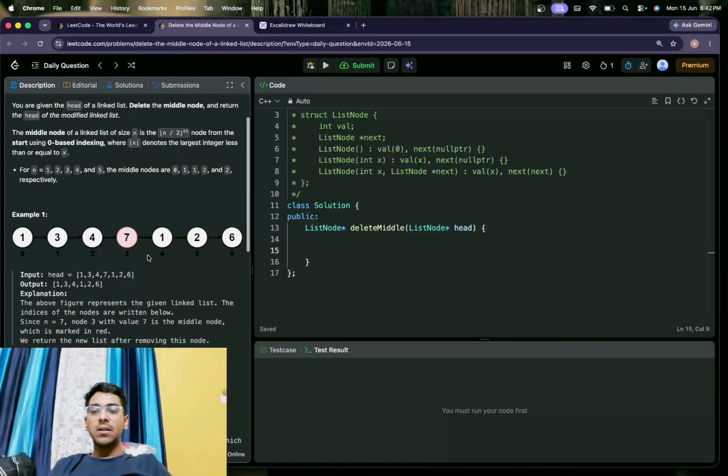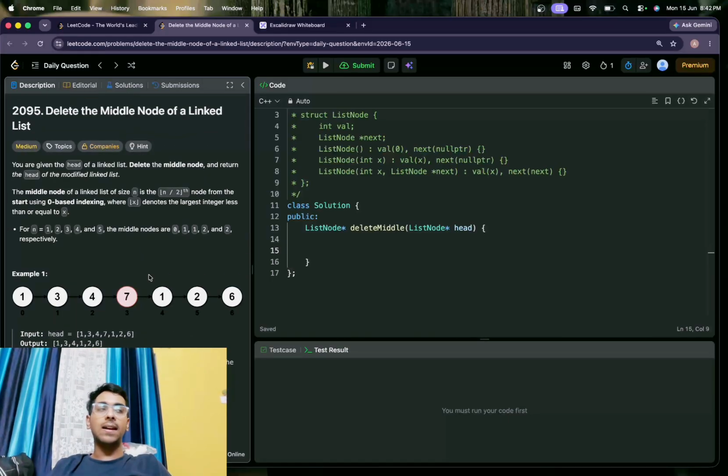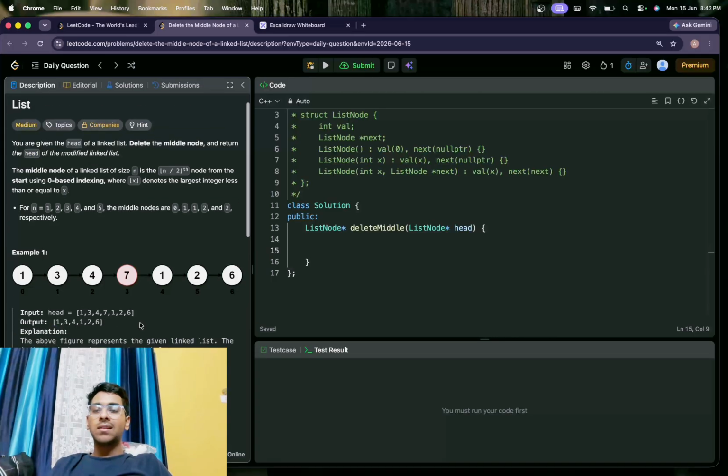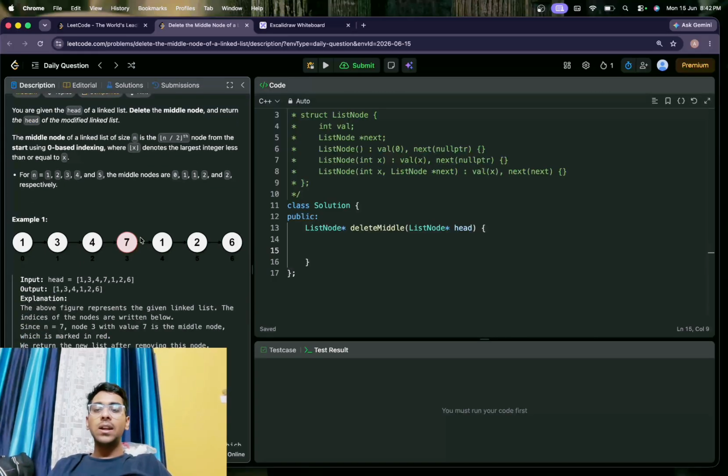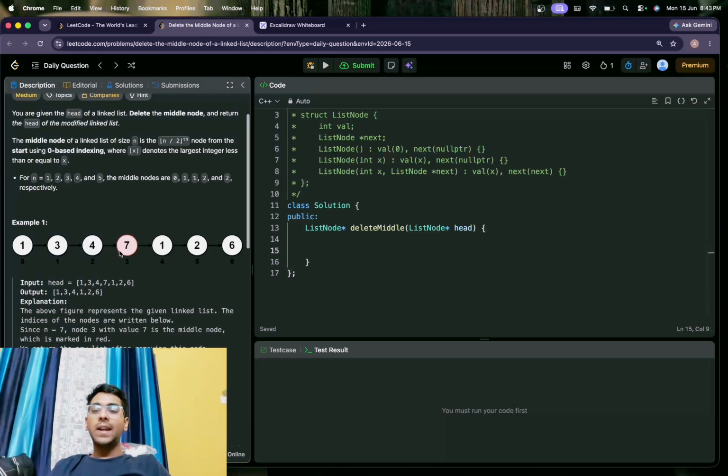Now to delete a particular value, of course this is a singly linked list. What is a singly linked list and what is a doubly linked list, I think everybody knows. So this is a singly linked list, so that means you can only go ahead. So 7 stores the information of 1, not 4. In a doubly linked list it stores the information of 1 and 4 both, but it is a singly linked list, so 7 will store only the information of 1. So we cannot go to the middle node. This is a very good catch of this question. We cannot go to the middle node.